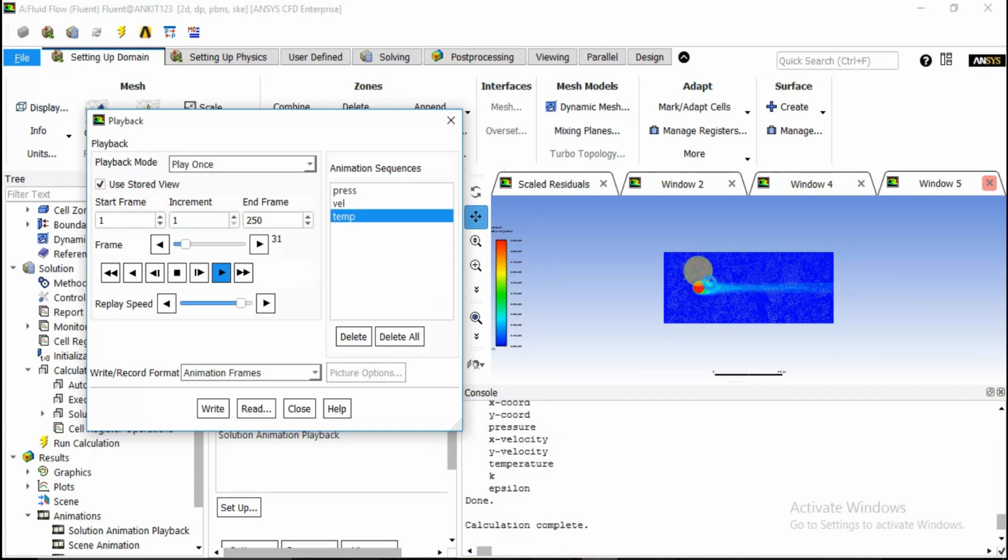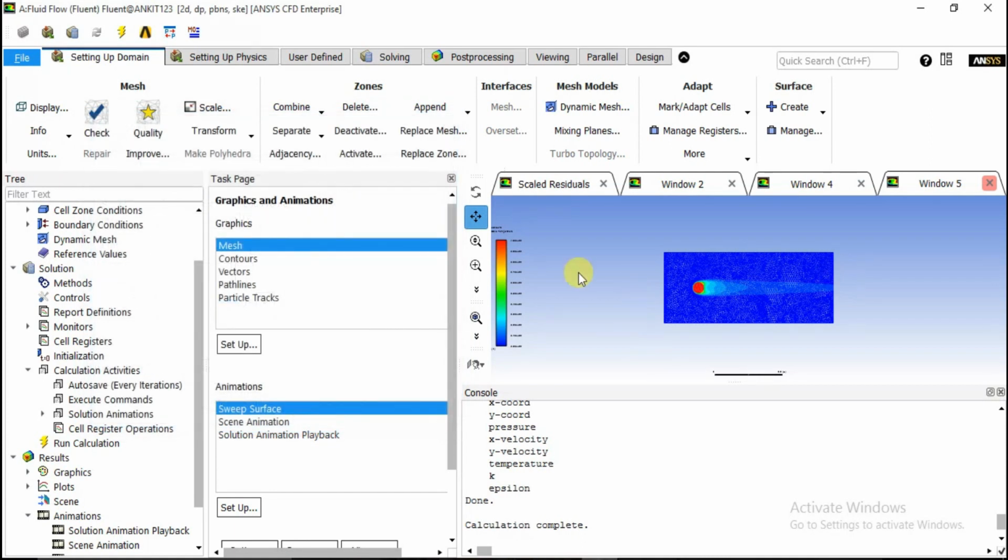Okay, so this is our thermal boundary layer region. It is the region where the temperature variation is taking place. This air comes in contact with this hot cylinder. Because of that, some amount of air is heated, so the temperature gradient exists in this much area. So this is nothing but a thermal boundary layer. Okay, so I'll stop the video. I think we will go to CFD-Post and we will further see the